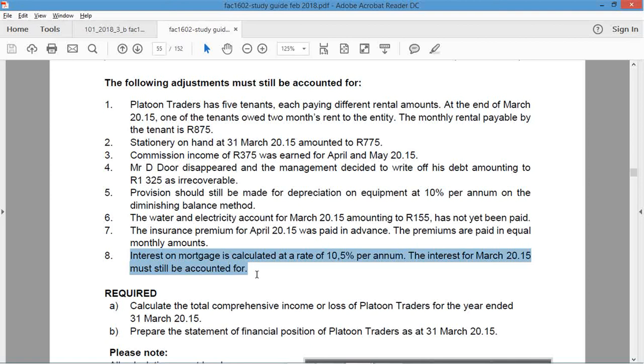Interest on mortgage is calculated at a rate of 10.5% per annum. The interest of March 2015 has still not been accounted for. So interest is expense. Well, it could be an expense or income. But it's on mortgage. Yeah, that's important. So it's expense. Yes. Expenses increase on the debit side. Okay, you got that half right. Debit the interest, fine. Then it's going to be